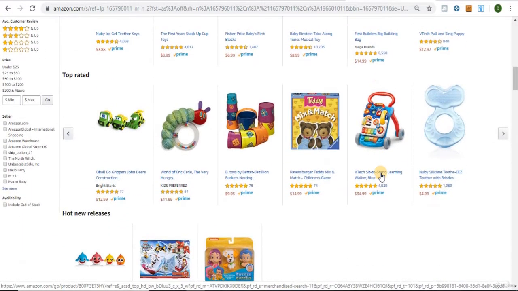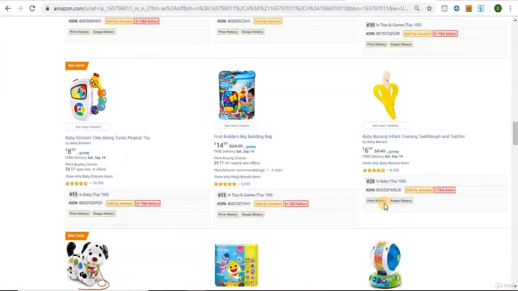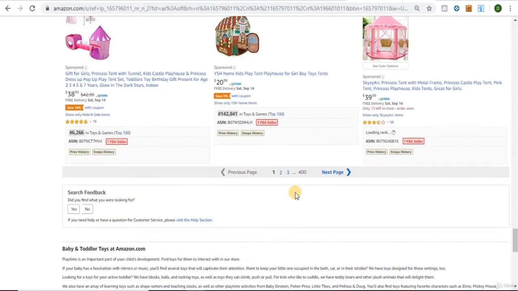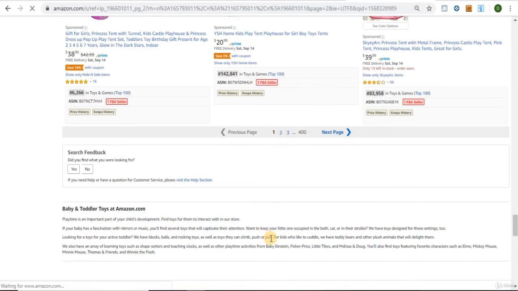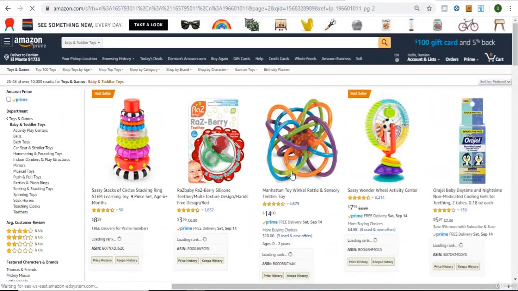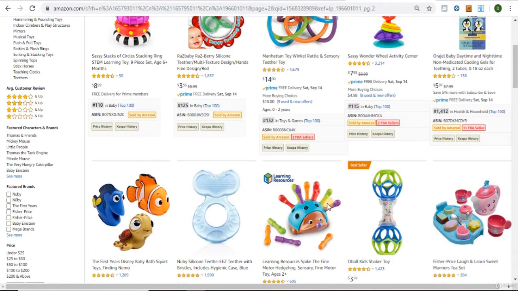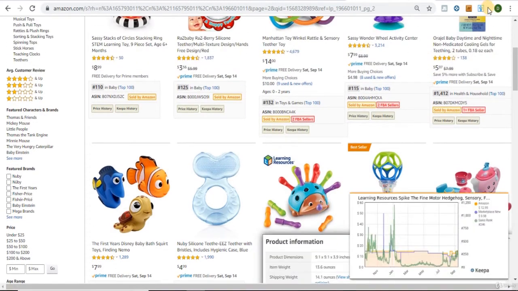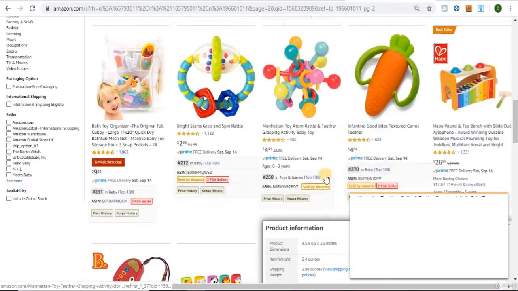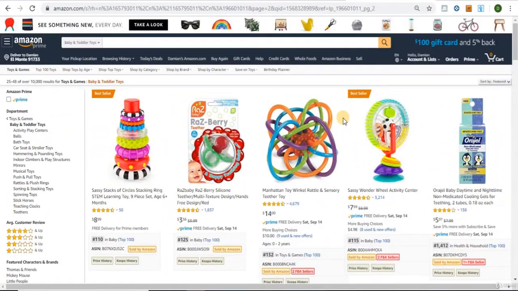Okay, so once you go to the category of products you want to find, usually I actually go to the second page. For some reason this works better on the second page. I think there's just a lot of ads and stuff on the first page. So go to the second page, and unlike the other method where we are mostly just using DS Amazon Quick View to scroll through and find good products, we'll be using Jungle Scout for this,